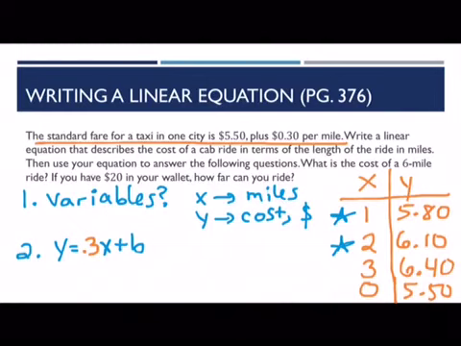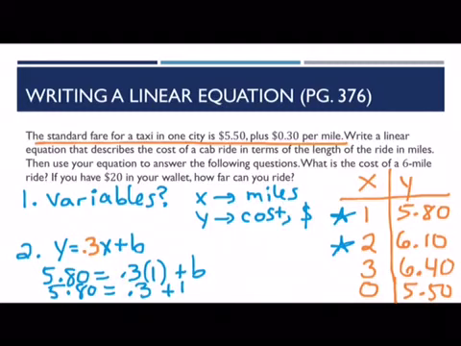So let me pick out one of those. I'll just choose this first one. I have an x and a y that go together. So in this equation, if I substitute 580 for y and 1 for x, that's going to let me solve for b. So now I would have 580 equals 0.3 times 1, which is 0.3, plus b, and then I would